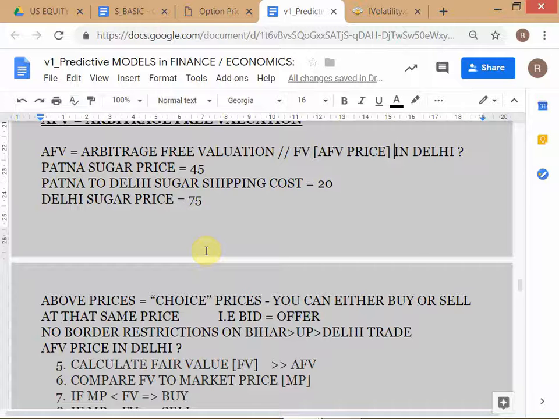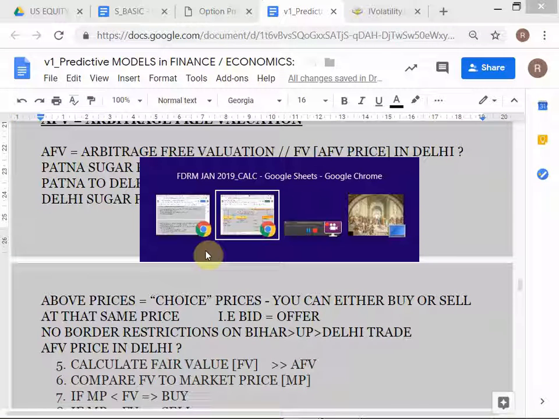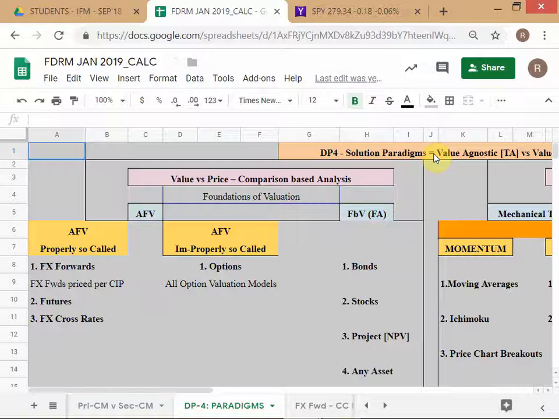The more fundamental question is, if you go back to this, we are trying to decide whether to buy or sell. So let's follow stepwise. It's a very simple example, but I'm running it once again through basic steps so that you understand exactly what the framework is. Even if you have a much more complicated example in real life, you will be able to follow the same steps.